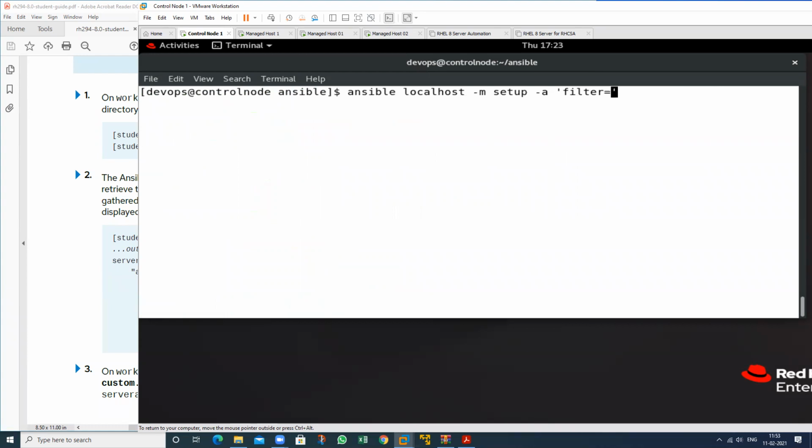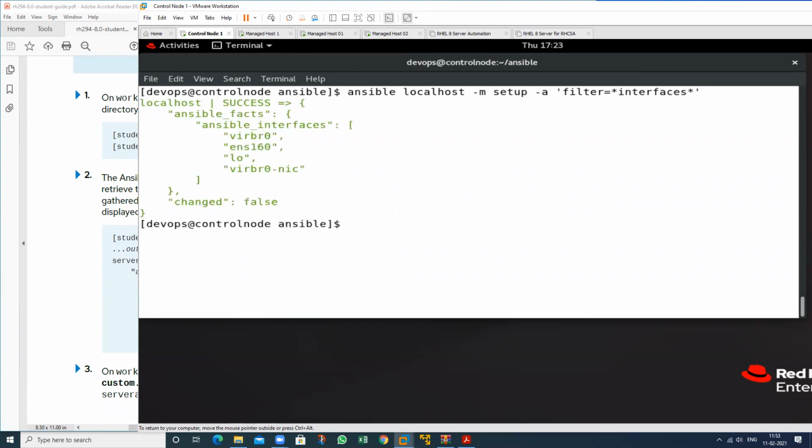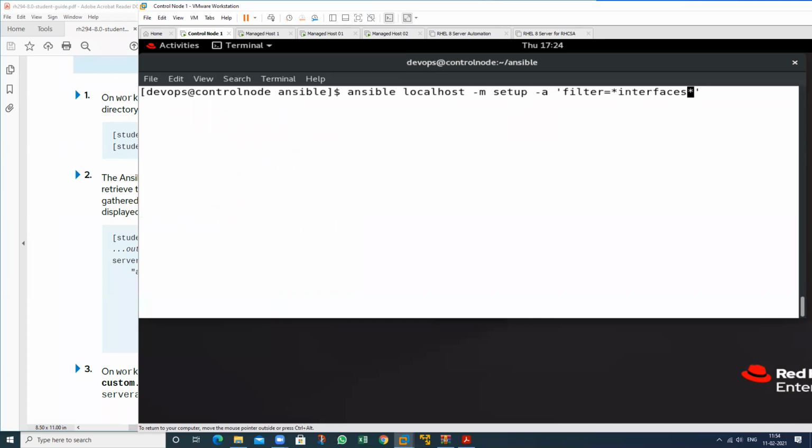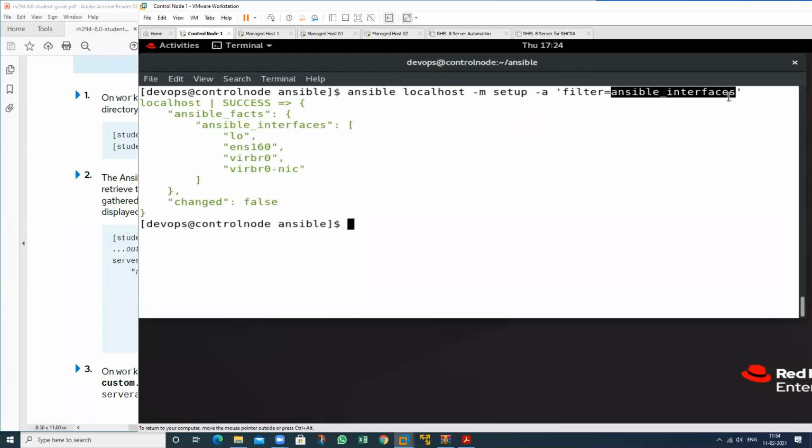If I want to check the information related to interfaces, your interfaces will appear, because we have missed this particular S, so it will not place. So what is the whole? If I place just whole information, then we are able to see. So remove this, then place the whole value. This is the proper name. This is the fact name.